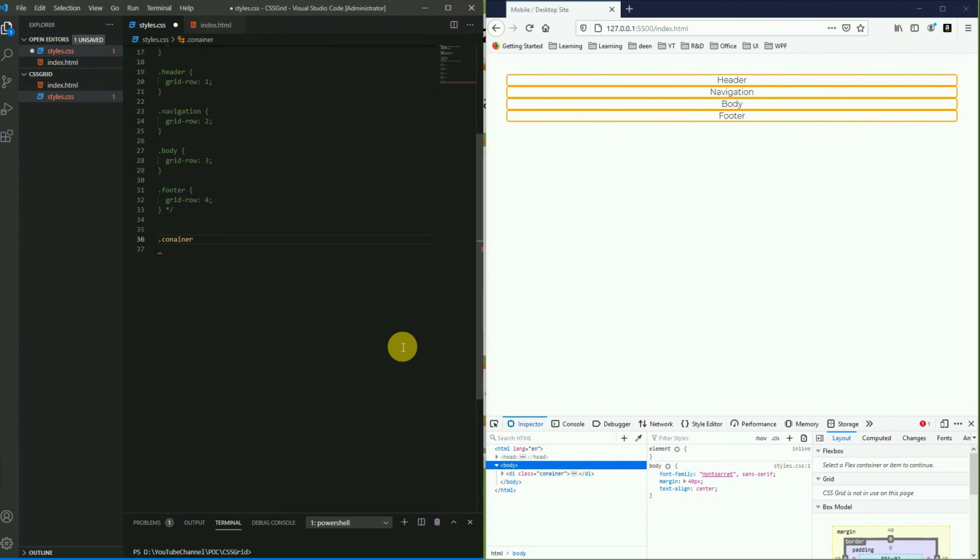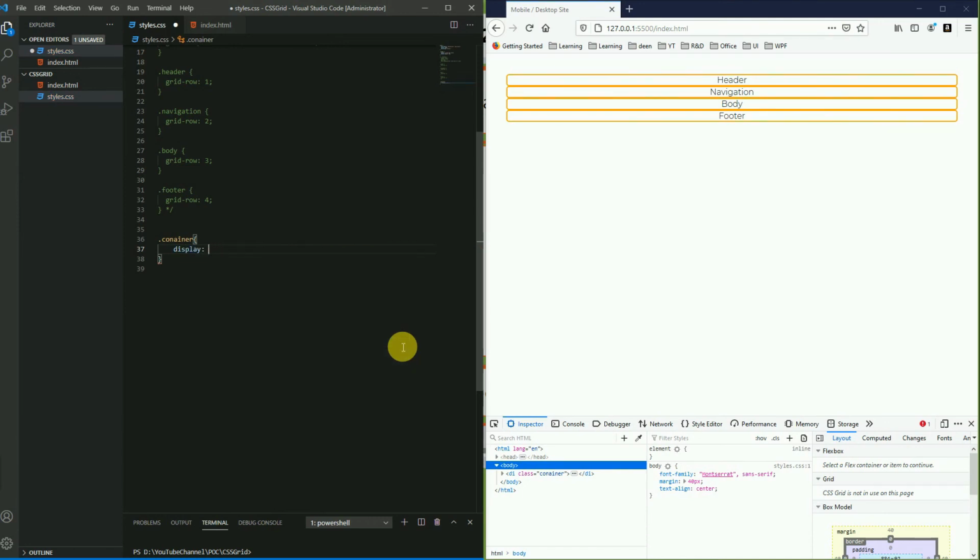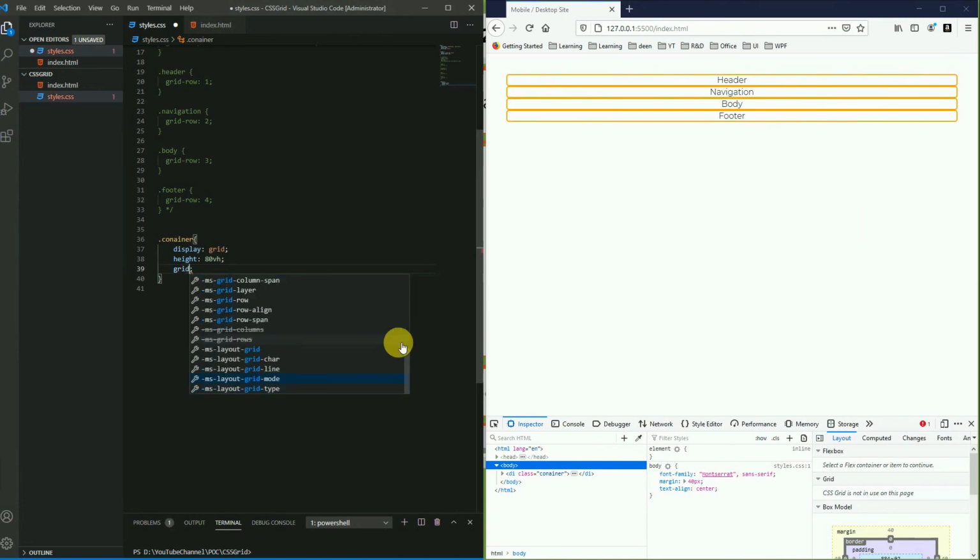So I'm going to say display should be grid, height should be 80% of the viewport height, and grid template columns. As you can see we have 2 columns, so I'm going to put 200 pixels for the first column, and the second will be 1fr.